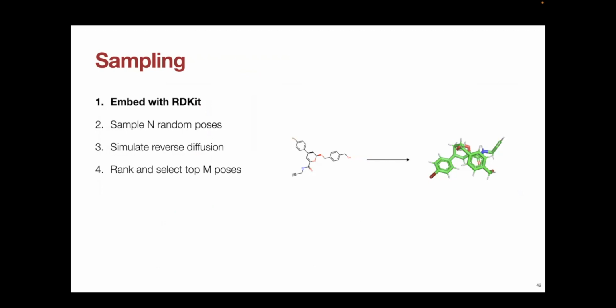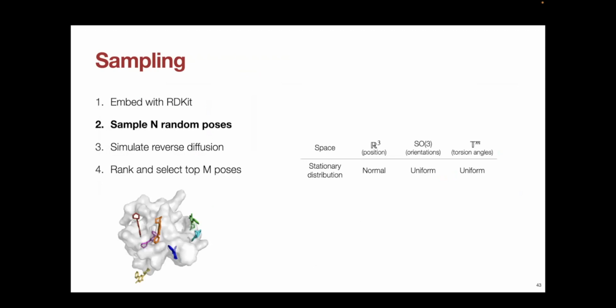from the equivalent of that initial Gaussian distribution, which in this case means that we're going to randomly position the ligand relative to the protein. We're going to completely randomize its orientation and its torsion angles. And so the distribution of poses looks something like what you see at the bottom left here. And what this corresponds to is kind of like the noisiest state possible for the pose.